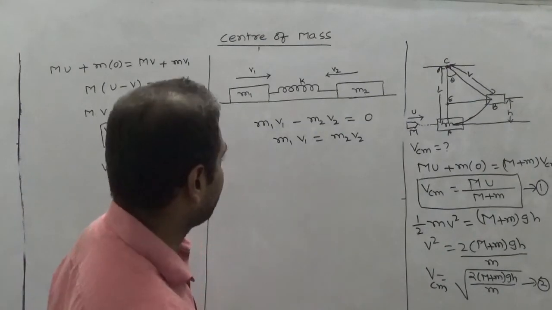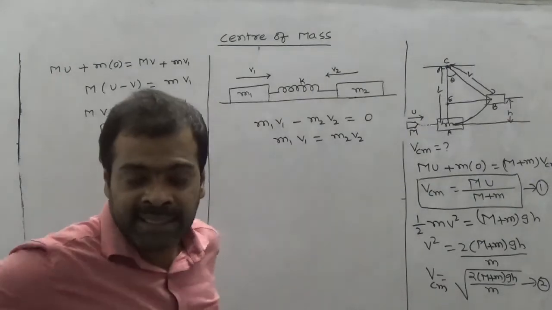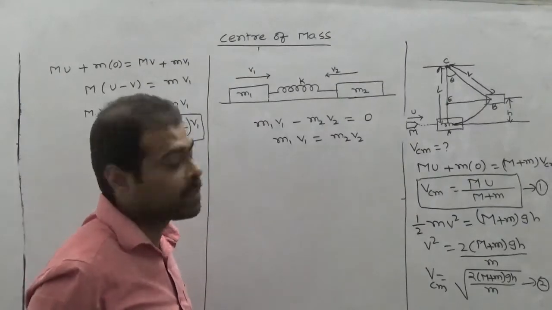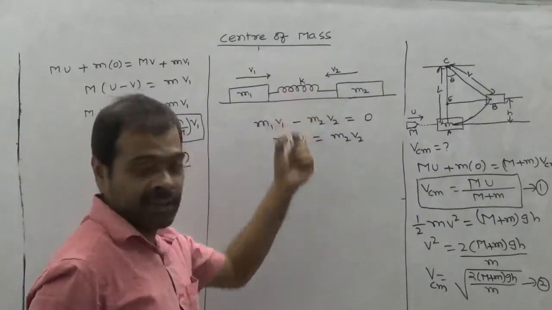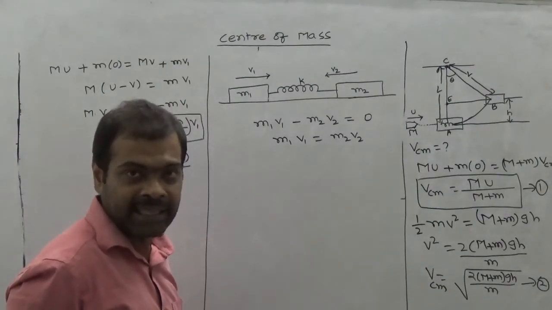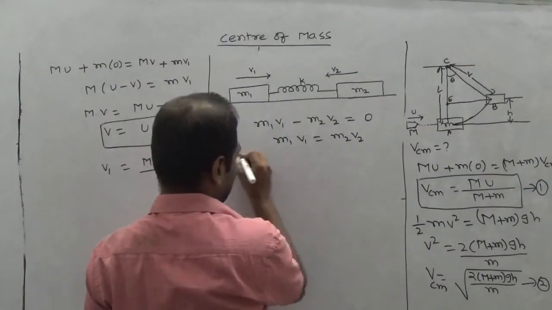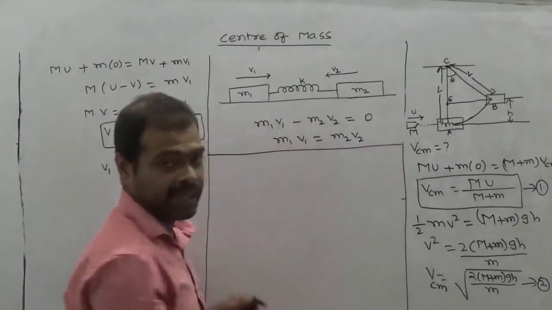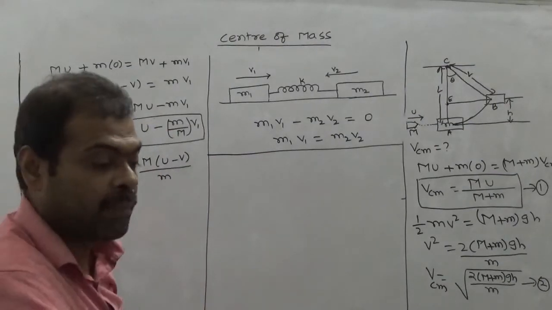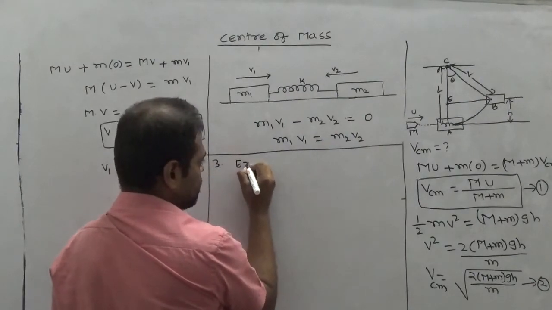Here, whenever the spring gets compressed, the compression length of the spring is very small and can be considered as negligible. Now, what about the second application, that is motion of two connected bodies with the help of a spring. And then the third application is explosion of a bomb.